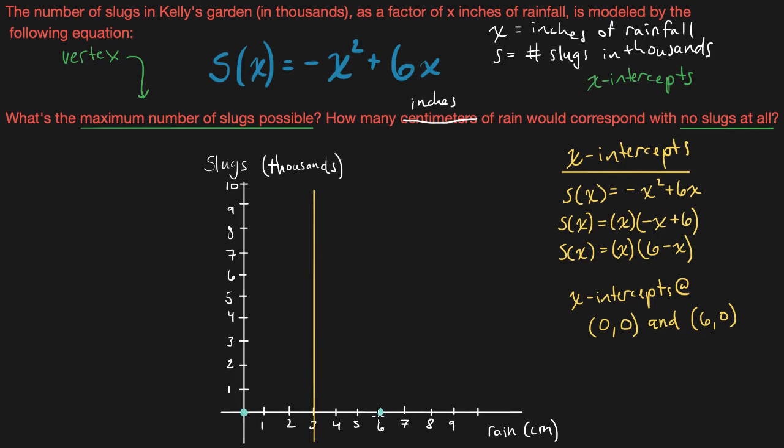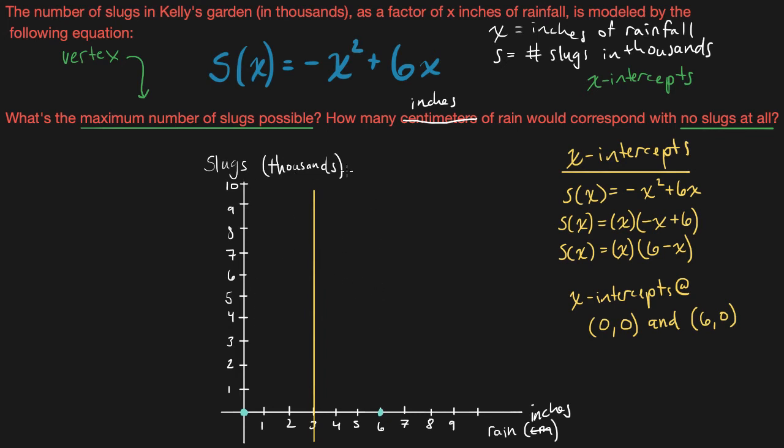x-axis at these points, which is going to indicate that I'm going to have no slugs where there's no rainfall at all, 0 inches of rainfall. And then also I'm going to have no slugs where there's 6 inches of rainfall. These are my two x-intercepts. They correspond with having no slugs, and that'll be a little bit more clear once we actually put the parabola